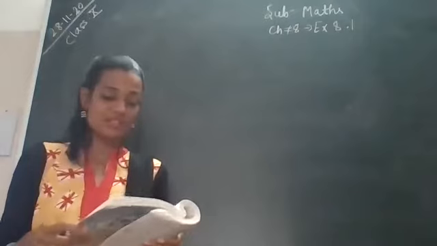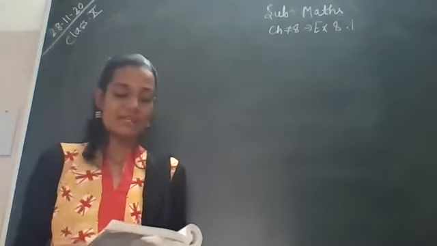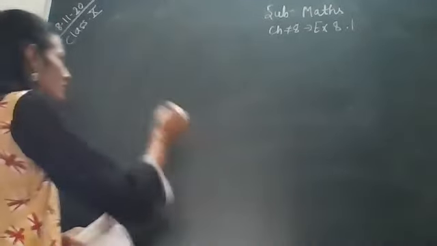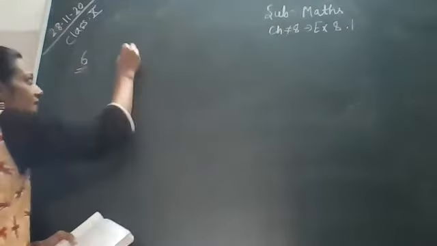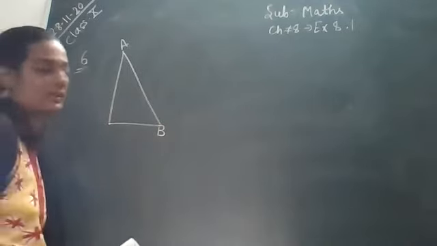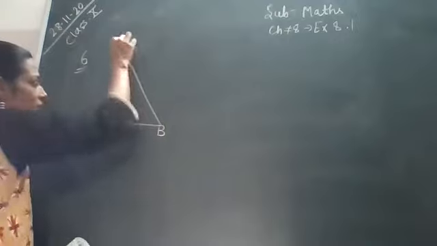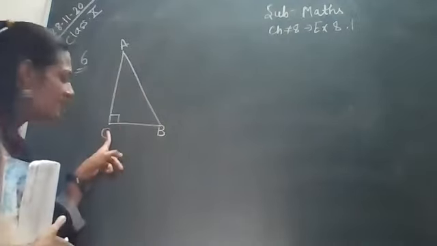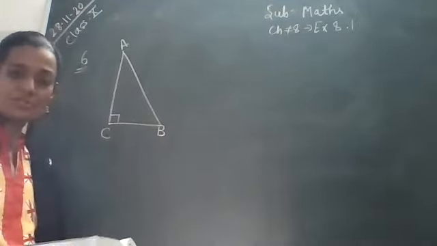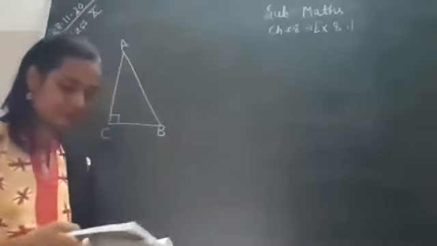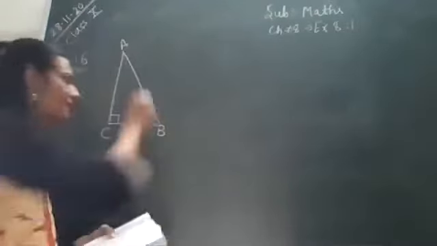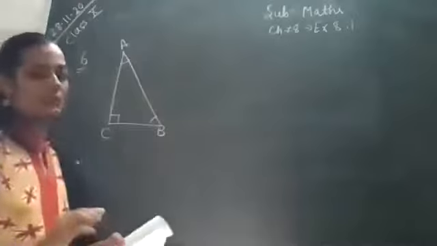Now students, we are doing our sixth sum that is given as: if angle A and angle B are acute angles. So we are first drawing a right angle triangle, given that angle A and angle B are the acute angles. So this will become your right angle triangle. So it becomes ABC triangle. C is the right angle and A and B are the acute angles. Understood this much? Yes, ma'am. So both these angles are acute angles.